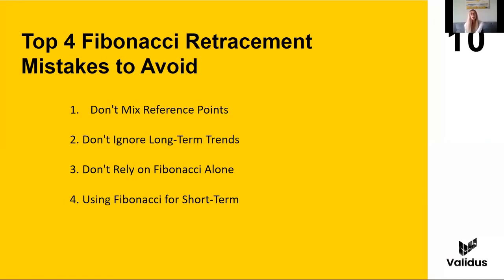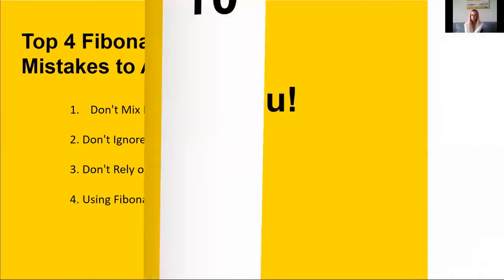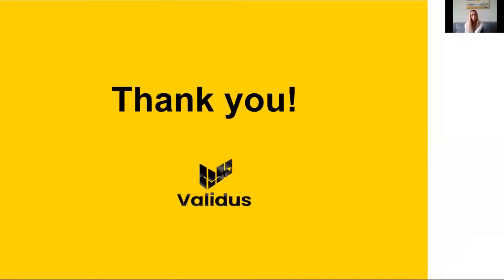Okay, so let's summarize today's lesson. What are the key takeaways from today's lesson? So, Fibonacci numbers and lines are created by ratios found in the Fibonacci sequence. Common Fibonacci numbers in financial markets are